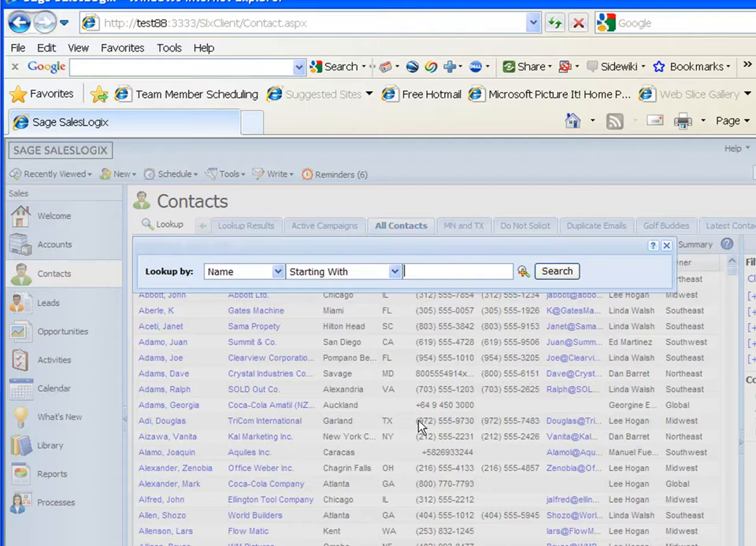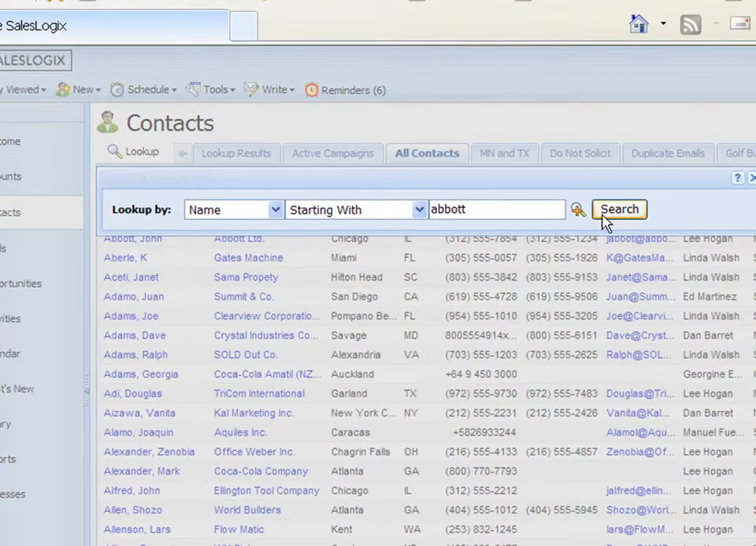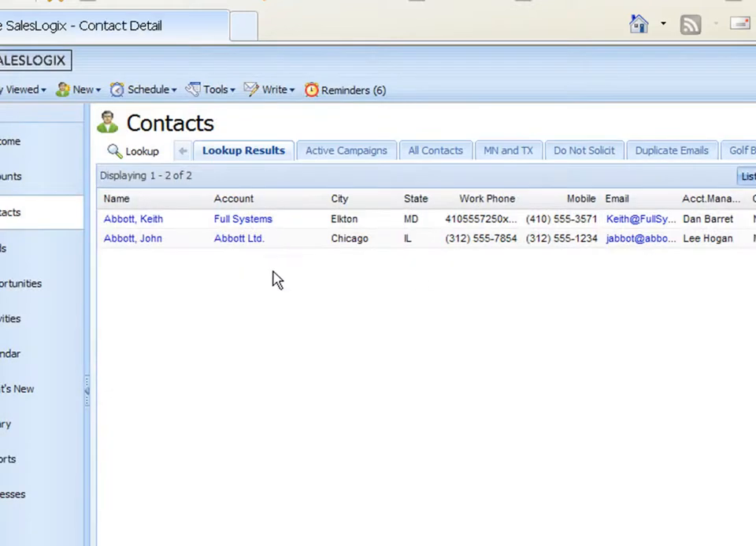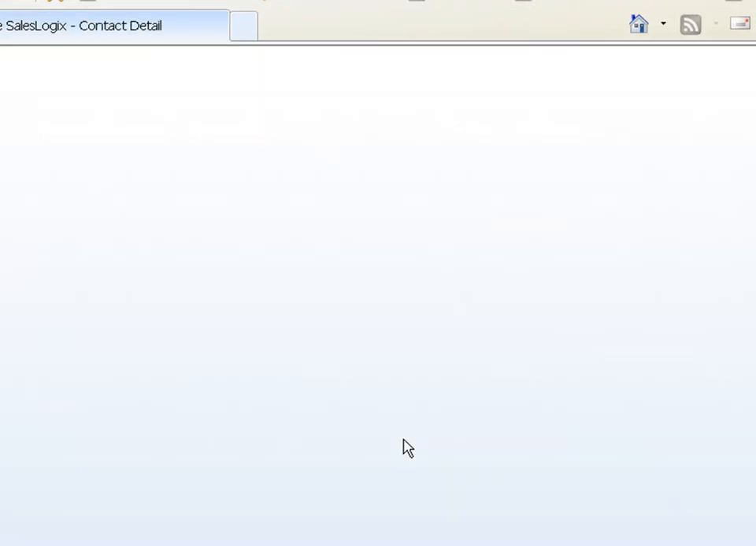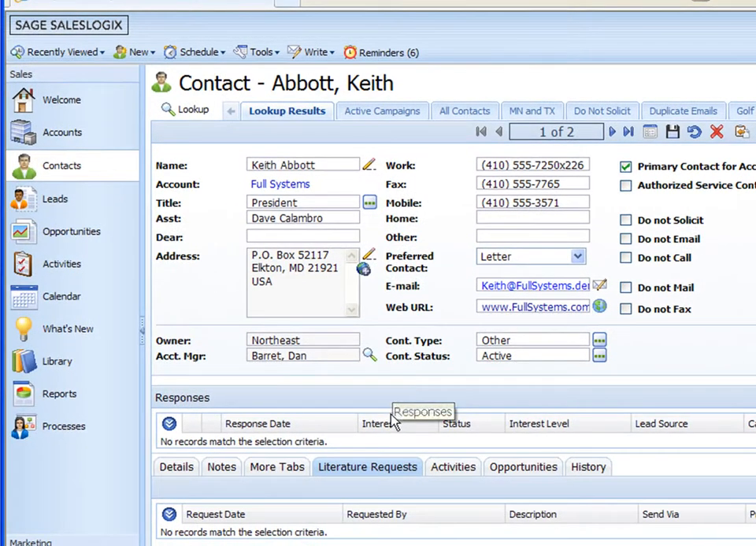And I'll look up a record here. We'll look up Keith Abbott. And there's my Keith Abbott. I can click on the hyperlink here, which will bring me right to his detailed view of a record. I'm going to then go down to Opportunities,